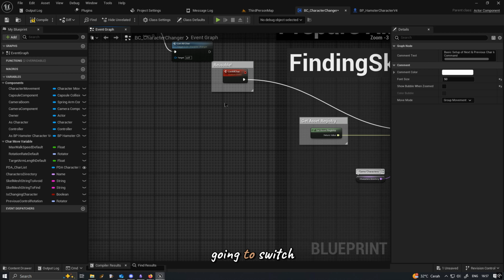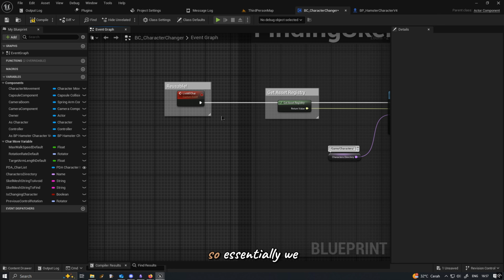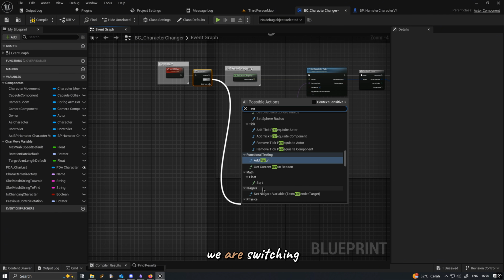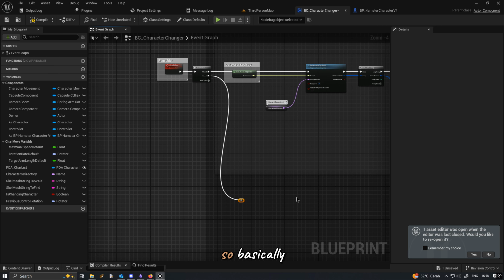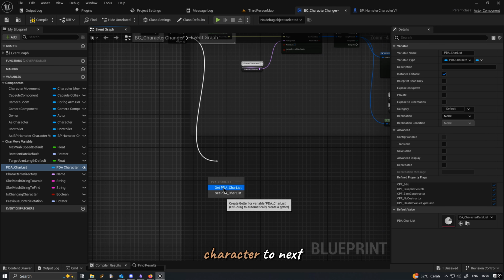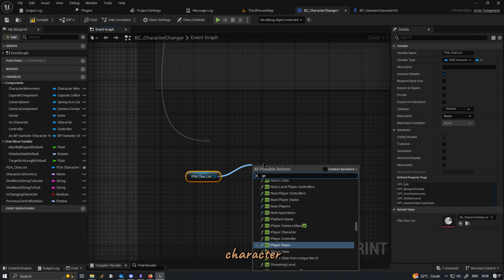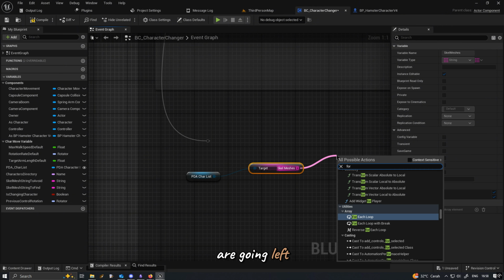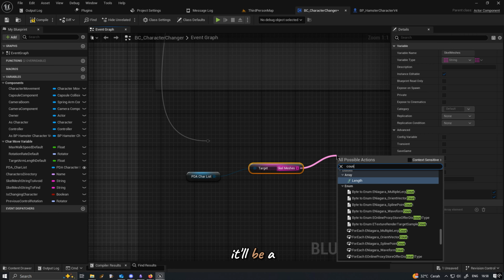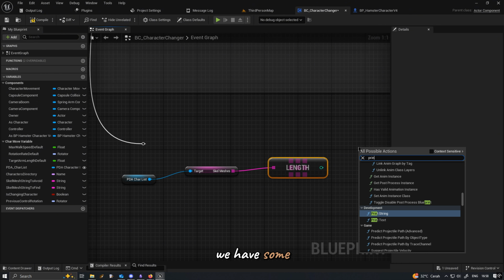And we are going to switch characters, right? So essentially we are switching the scale mesh. We are switching the characters from what character to what character, right? Basically from current character to next character if we are going right, and to previous character if we are going left. It'll be a lot easier if we have some kind of value.